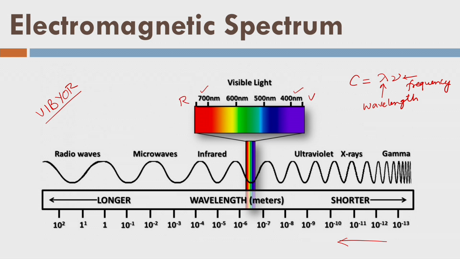Or rather I can say that in the electromagnetic spectrum, the wavelength of the violet color is 400 nanometer and red color is 700 nanometer, and they are basically close to that. The exact value of red is 720 nanometer. The exact wavelength of violet color is 380 nanometer. However, in general it is a good idea to consider the range 400 to 700 nanometer, and this is called the optical range or the visible range.